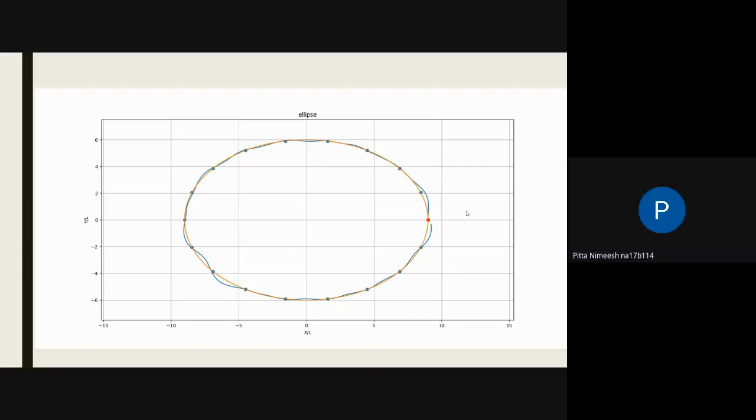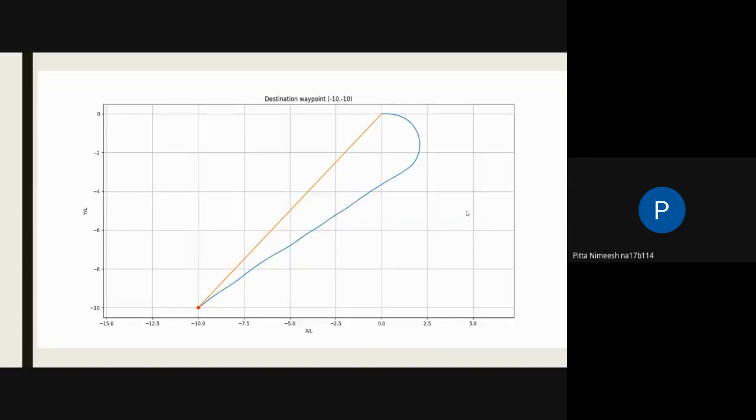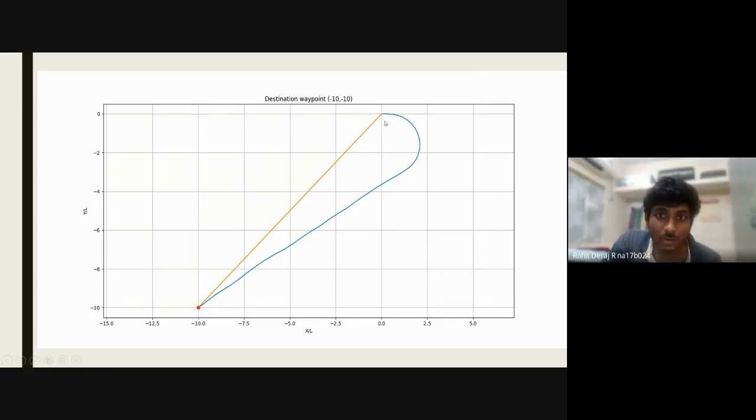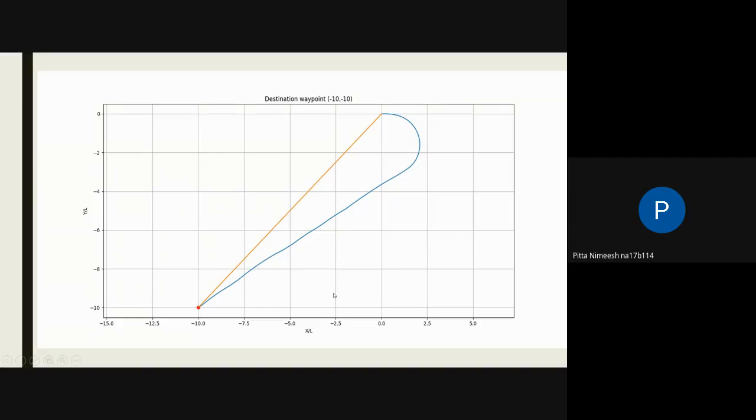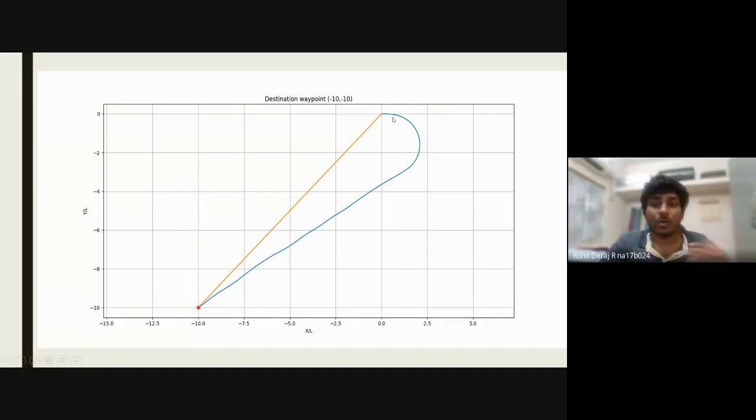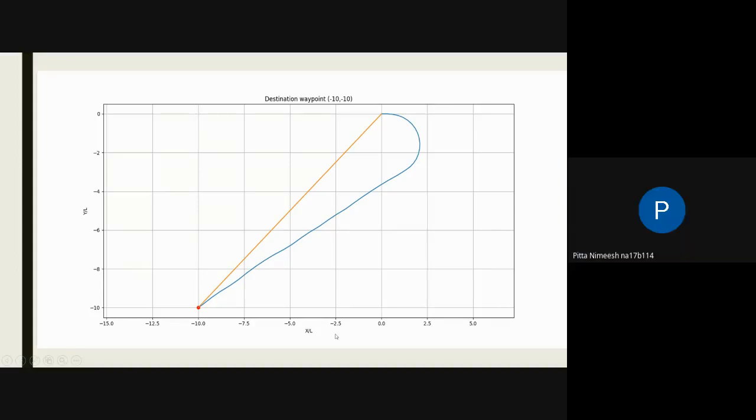Rohit, can you go back to the previous image? So here the red point is the starting position, right? No, it starts from 0, 0 for all the plots that I showed you, and this is the destination point. Yes. So the initial velocity is given at random by you, or is it always? No, initial velocity is always along the positive x direction. So the ship starts to go in this direction, then makes a turn and comes here. Okay.